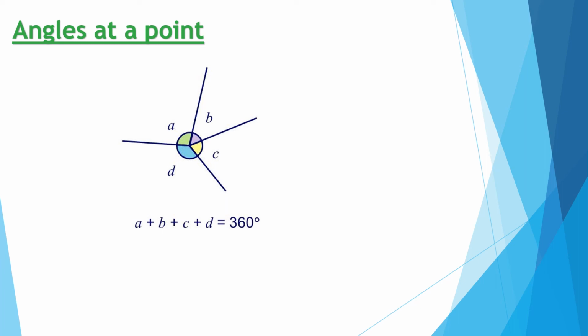Look at how these four angles have been formed. Yes, we can see those A, B, C and angle D are formed at a point. So, what do you think about the size of all these angles? The sum of all A, B, C and D? Yes, we can see it's like a complete revolution. So, the sum of angles A, B, C and D is 360 degrees.